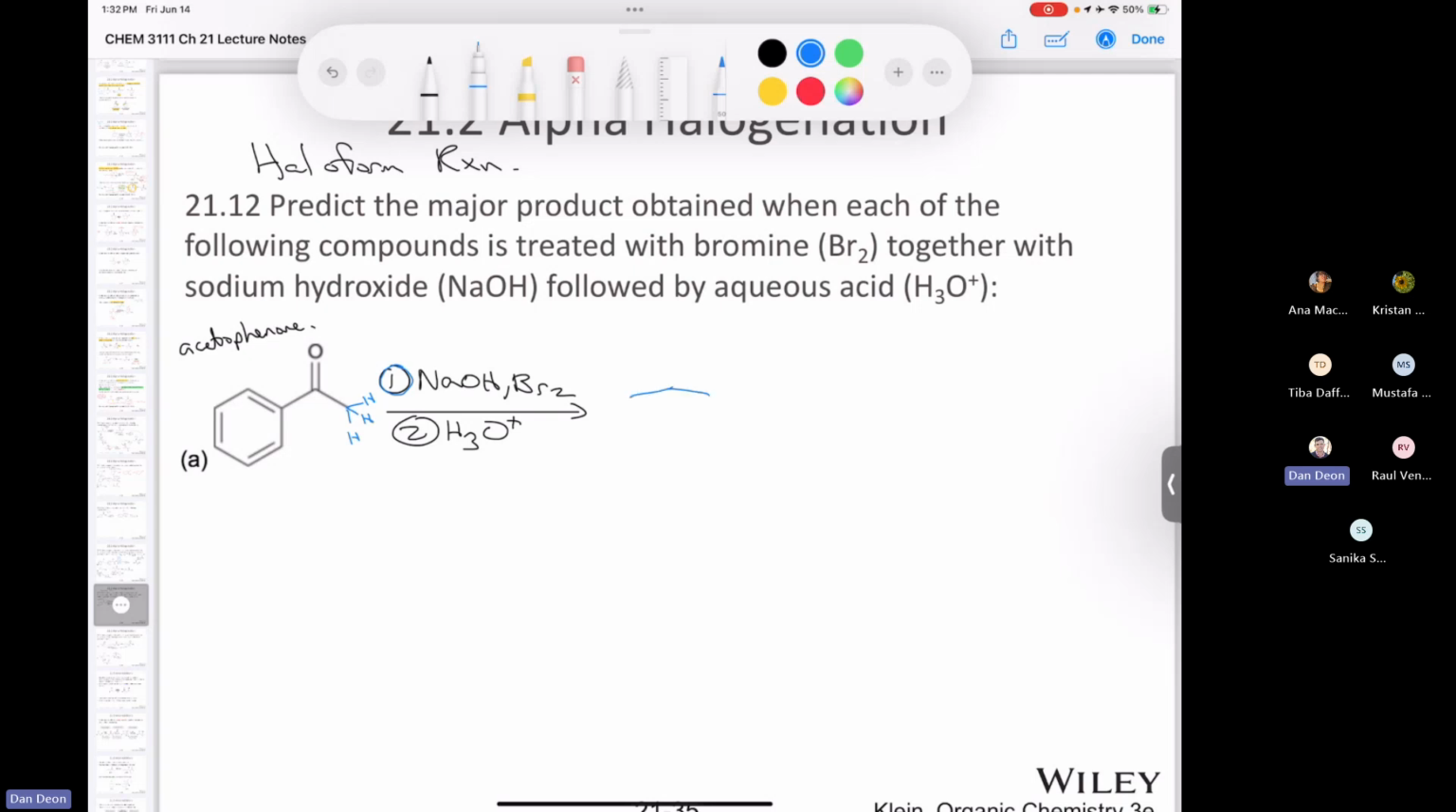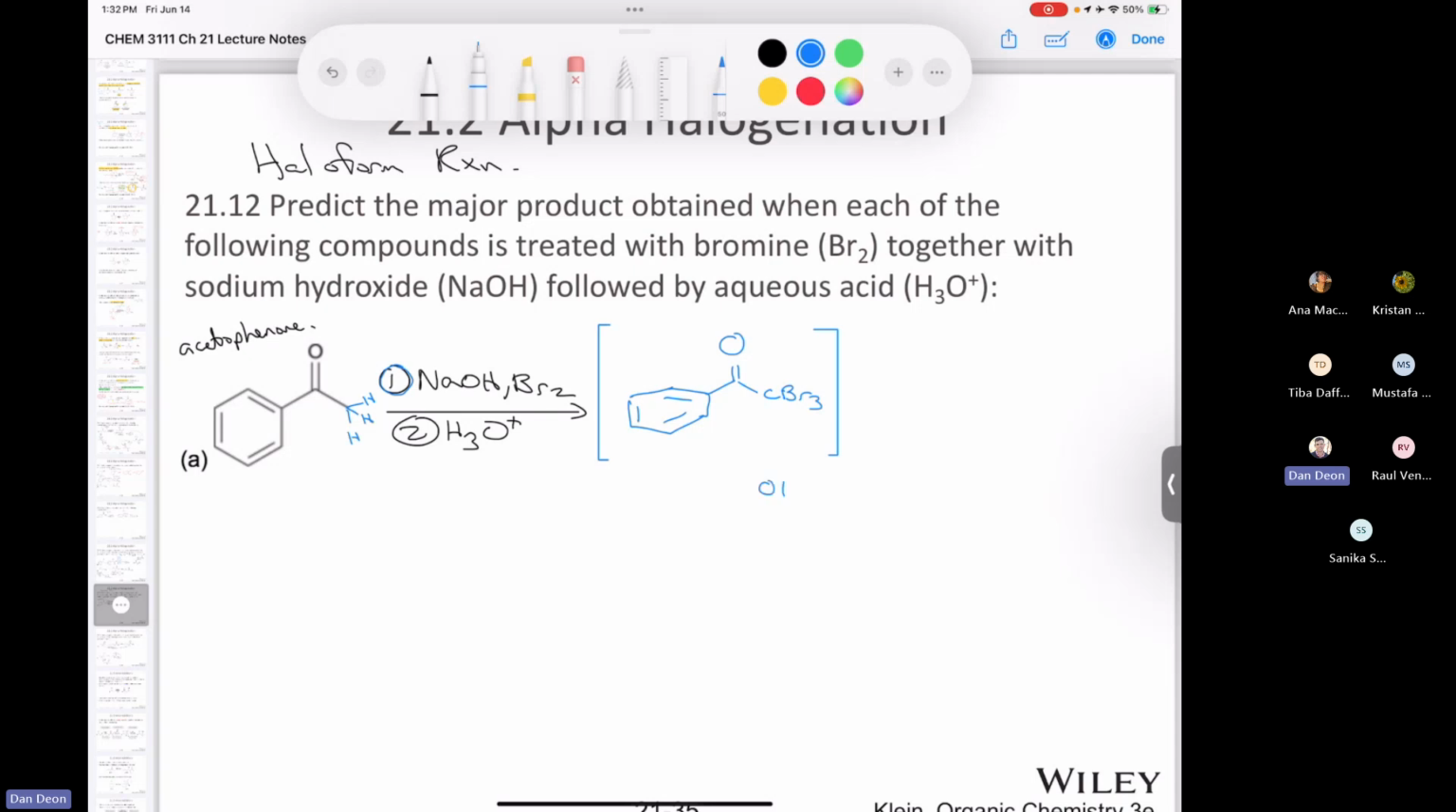So that we end up with this intermediate that looks like this. So you're basically converting the methyl group into a good leaving group, right? A methyl group is definitely not a good leaving group, but this CBr3 anion would be a good leaving group because it's stabilized by the 3 electron withdrawing groups. And so once you've made this intermediate, and that's after the first step, then what's going to happen is